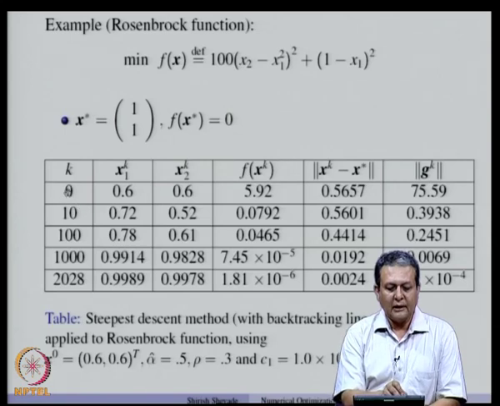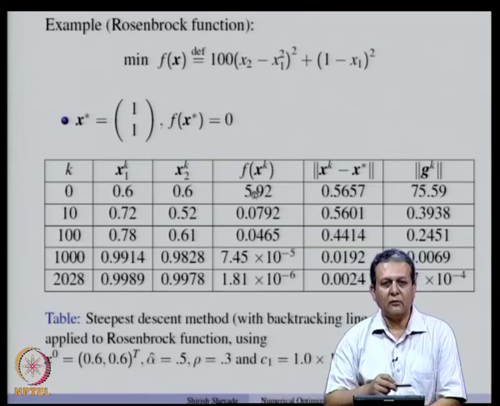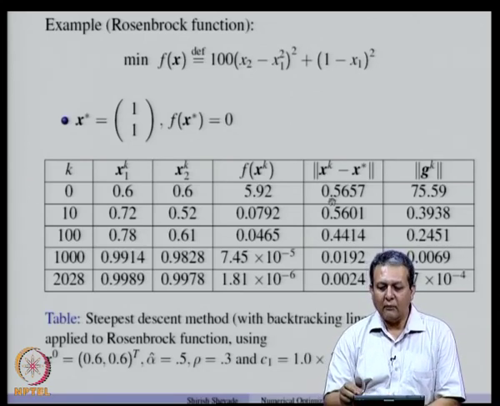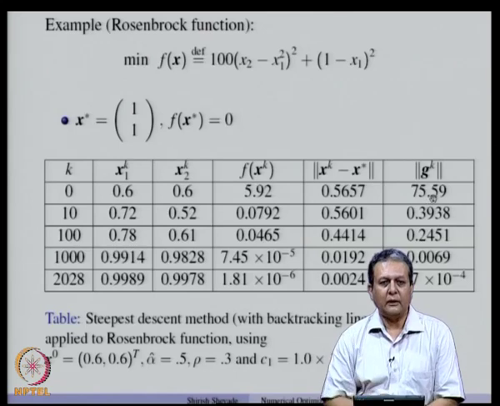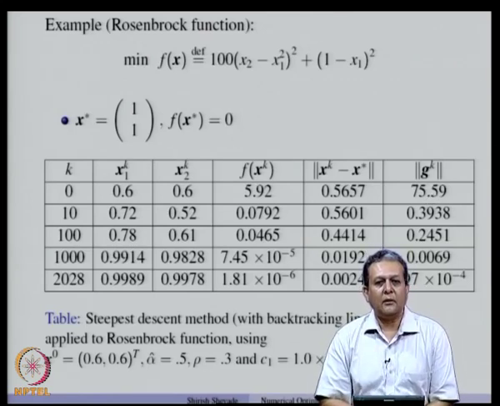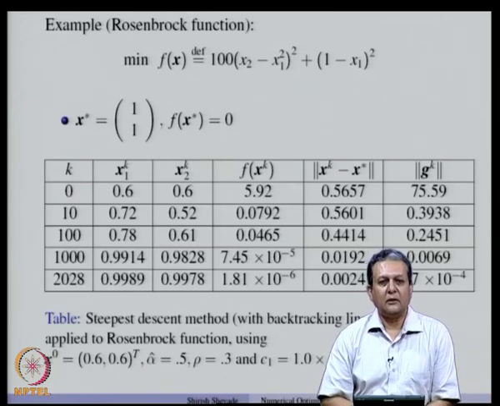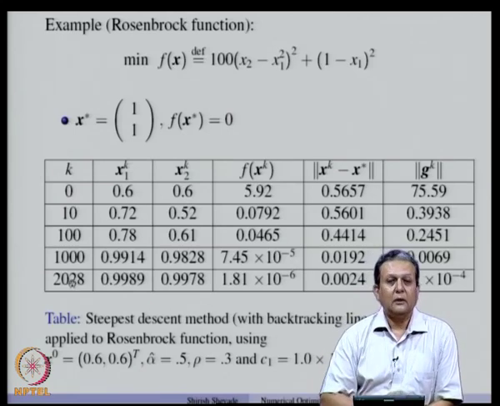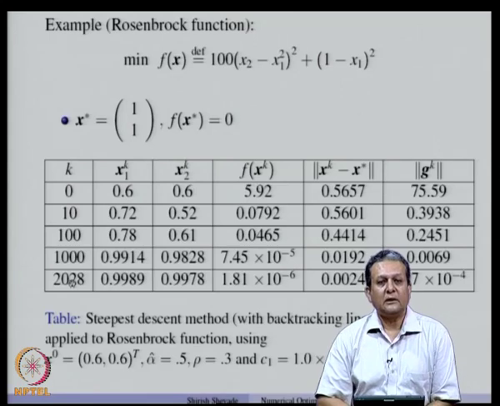So, initially k equal to 0 and we started with the point 0.6. The objective function value is 5.92, the distance between xk and x star is 0.5657 and norm of gk is 75.59. Now, the steepest descent method with backtracking line search required 2028 iterations in this case